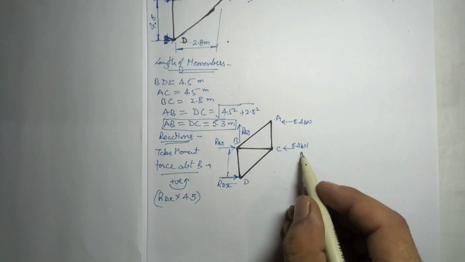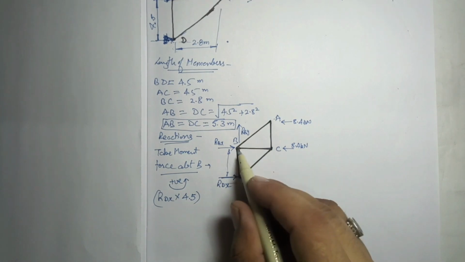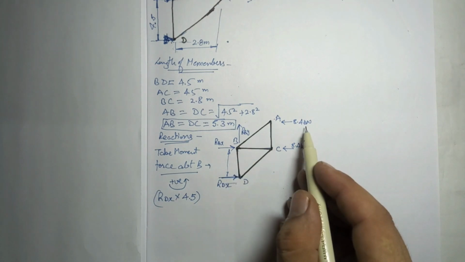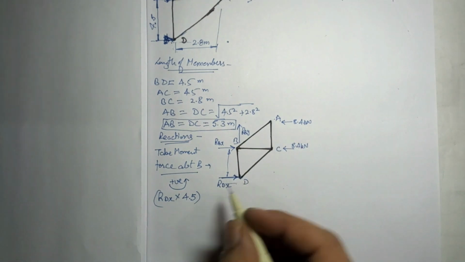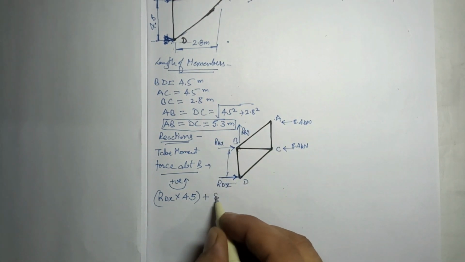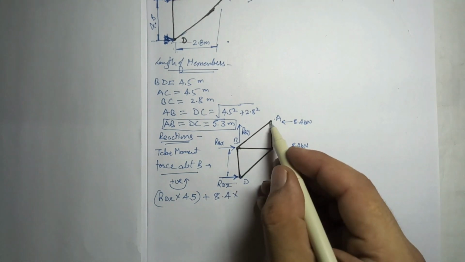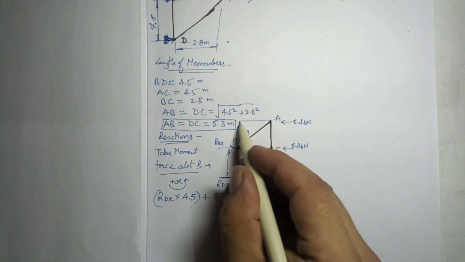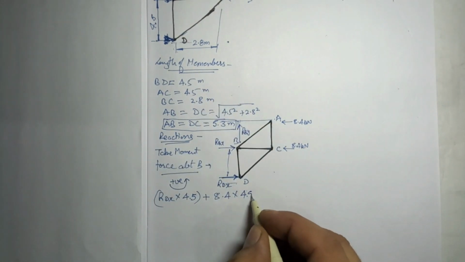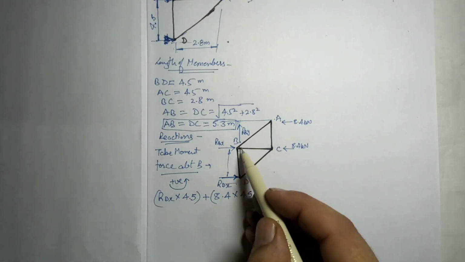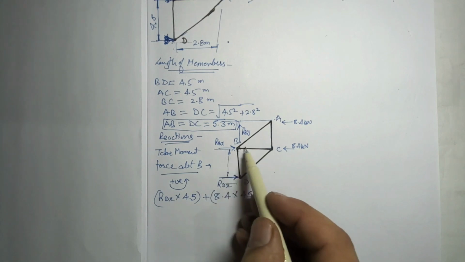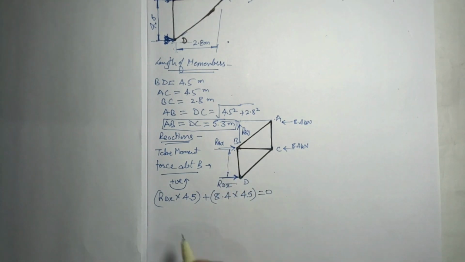Now the next force is 8.4 passing from B point, so it will not have any perpendicular distance, so 8.4 into 0, that is 0. After that this 8.4 again gives anti-clockwise, so positive 8.4 into perpendicular distance. If this is the line of action of force, this will be the perpendicular distance, again the same 4.5. After that RBY passing from the same B point, RBX passing from the same B point, so these are 0.